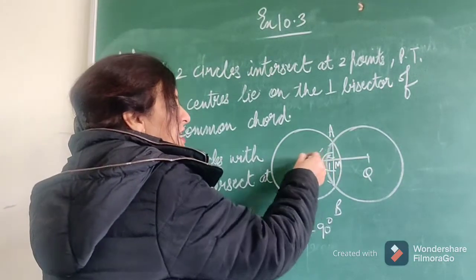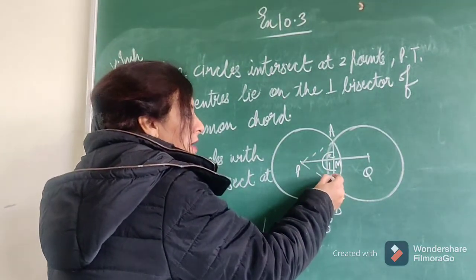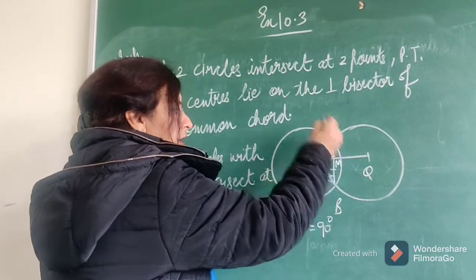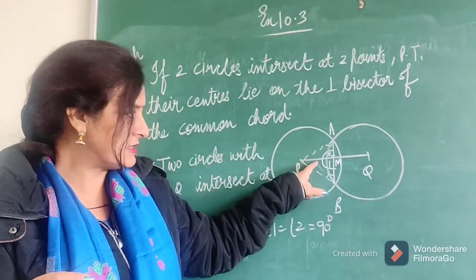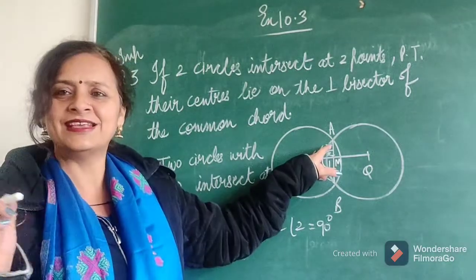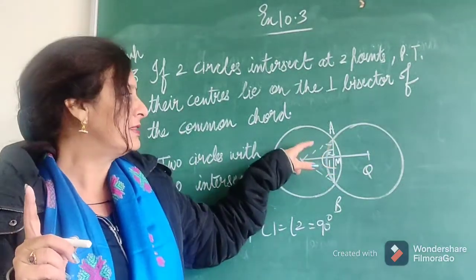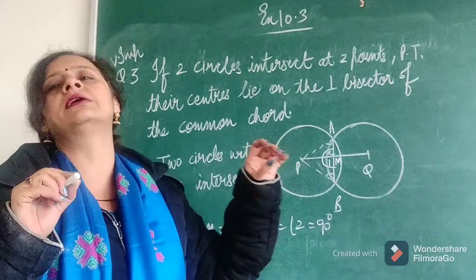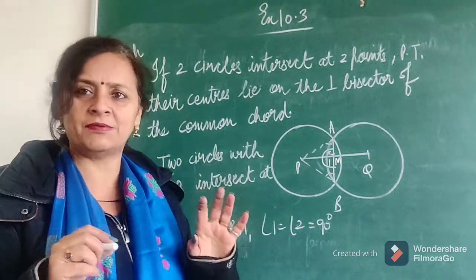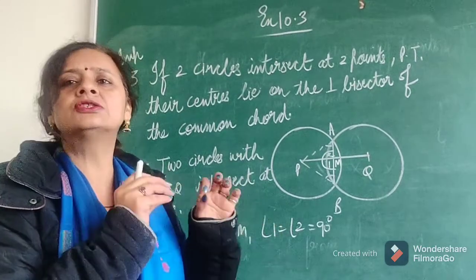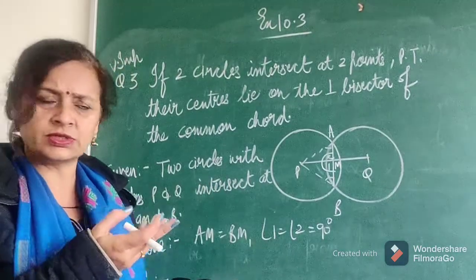And if I say this side is equal to this side, then this angle is also equal to this angle. But by SSA, the angle is not included, so the triangles cannot be congruent. That means I cannot prove that AM is equal to BM, so my choice of triangle is wrong. Let's think in some other way.